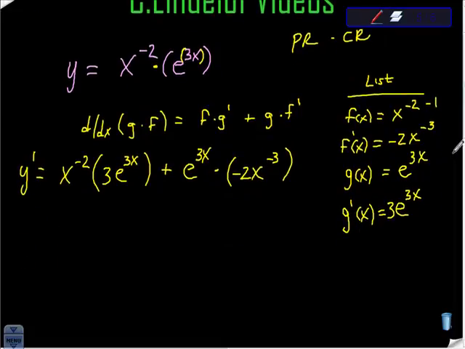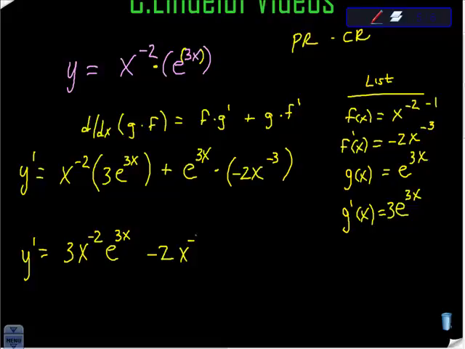From here, I'm just going to simplify this a little bit, I think. Be careful. These x's can't be combined. I think what I would do is at least move this coefficient forward. So I'm just going to move this factor of 3 here. So you can put 3x to the negative 2 e to the 3x, right? These bases are not the same, so we can't do anything with these exponents here, right? Plus, it's positive 1 times negative 2, which is negative 2. And I guess I'm going to write it in the form of x first. x to the negative 3